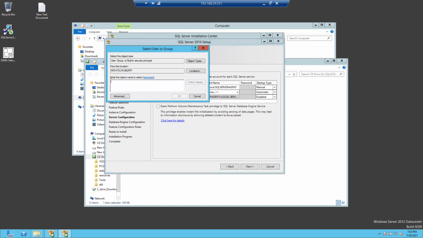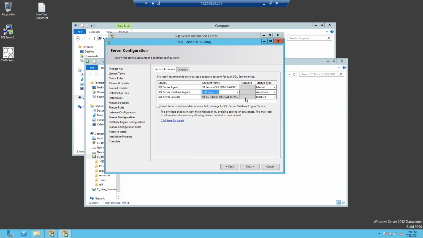I have another account as well, which I created and called test user. Generally, what will happen in companies, they won't be keeping the account name as NT services, which is coming by default from SQL Server account names. So people will be creating some service accounts. I think you people have heard about the service account too. So what is the service account? A service account will be having some privileges, and those are non-expiry accounts.